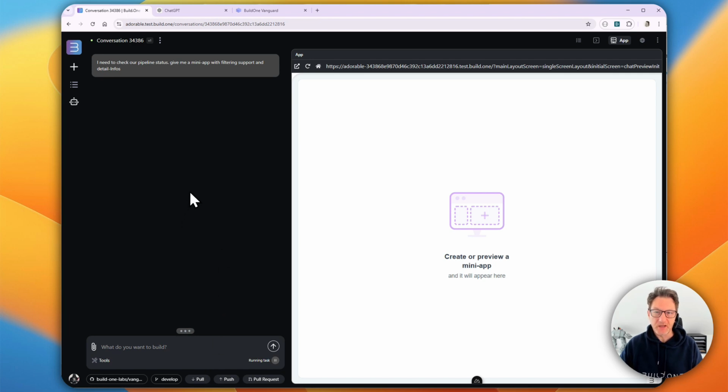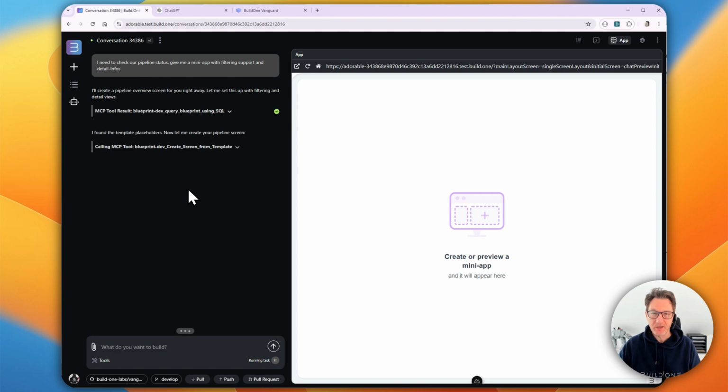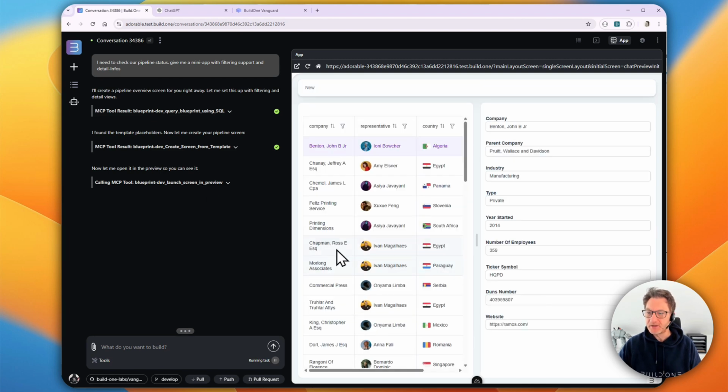It will now analyze all the building blocks that exist, all the access to backends, APIs, and databases that it has, and it will then analyze the task and should come up with a dedicated app for it. And there we are. So it created